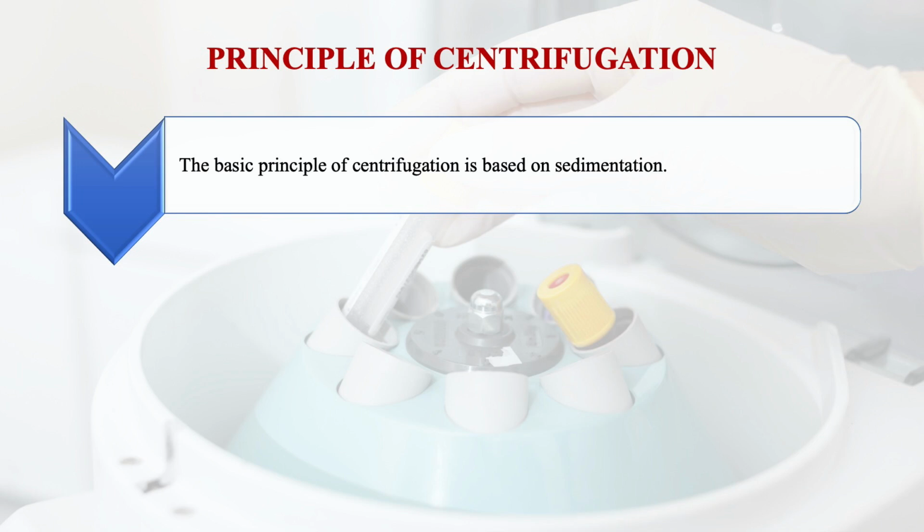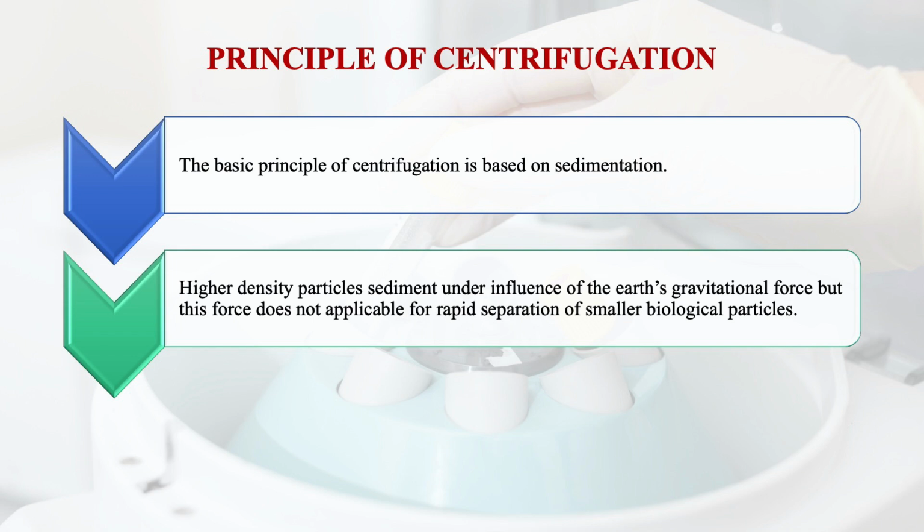Now let us understand the basic principle of centrifugation. It means the basic phenomenon behind the separation of the molecules. The basic principle of centrifugation is based on sedimentation. Sedimentation is the tendency of particles to settle at the bottom of the tube under the influence of gravitational force. Gravitational force is a natural force by which the molecules sediment according to their size, shape and density. So higher density particles sediment under the influence of gravitational force, but this force is not applicable for rapid separation